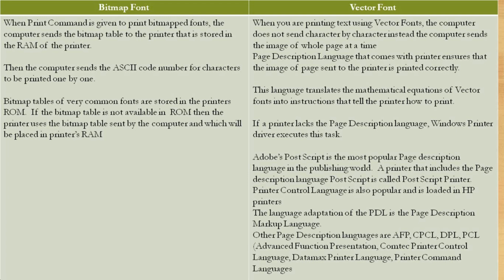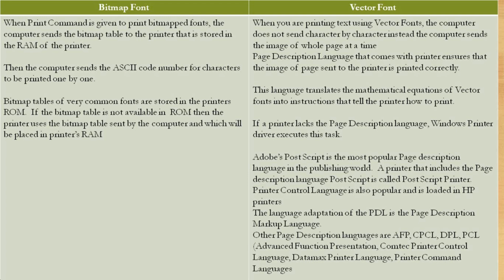So did you understand this point? That is, whenever you give a print command to print bitmap fonts, the computer sends the bitmap table to the printer, and that will be stored in the RAM of the printer. So the bitmap table of very commonly used fonts will already be stored in the printer's ROM. But if the bitmap table is not available in ROM, then the printer uses the bitmap table sent by the computer. And in case of vector font, when you are printing text using vector fonts, the computer does not send